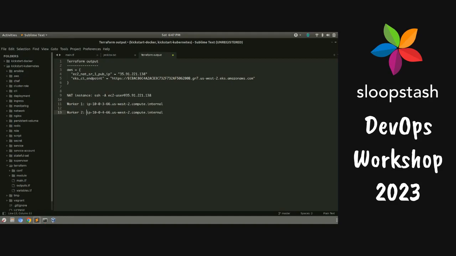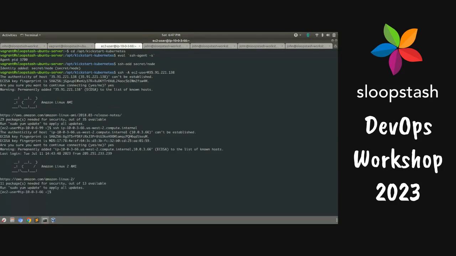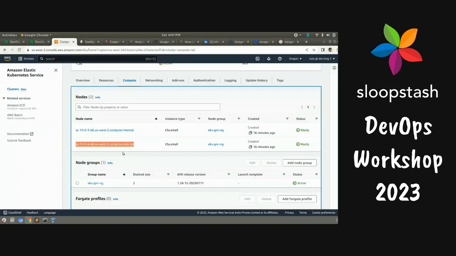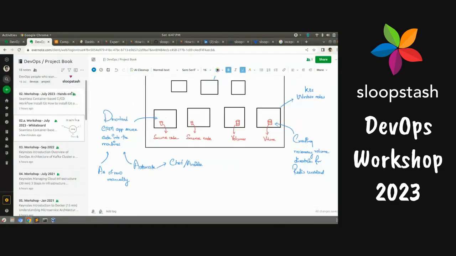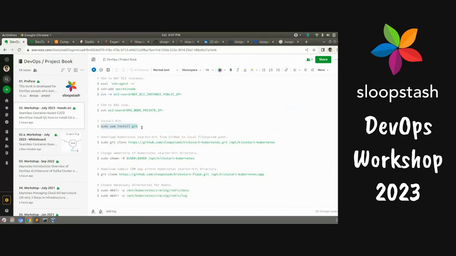So this is the worker 1 and this is the worker 2. Okay. And if you want to SSH, you can blindly say just SSH. You don't need to give the EC2 user and all that. It is already there. Okay, so just I'm going to copy it like this and put it here. It should enter into the SSH of that worker node. Okay, and then I'm going to prepare that node by doing these steps manually. Only 2 steps. Okay, so installing Git